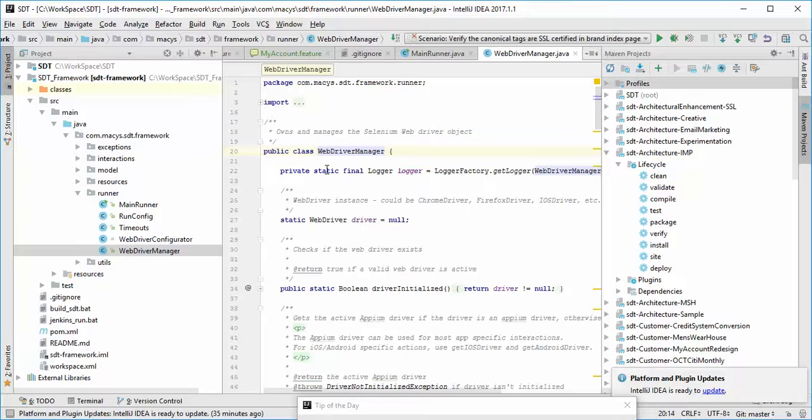We have about 100 VMs, but only a few OS combinations: Mac, Windows 7, Windows 8.1, Windows 10, and Linux, and some browser combinations like Firefox, IE, and Chrome, a couple of versions. That's all we can do. When business wants to run